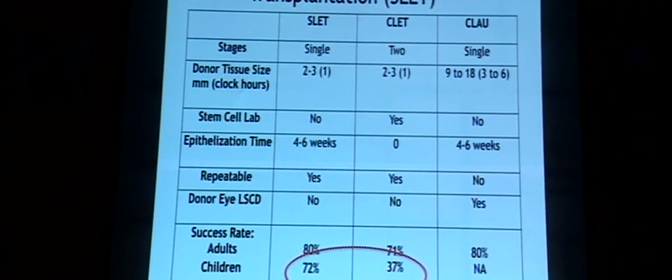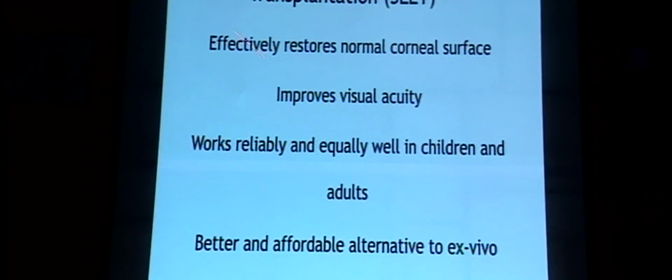Now the advantage here is it's especially useful in children. While the success rate in both CLET and SLET in adults is almost the same, in children there is a huge difference in the success rate. SLET is far superior to cultured cells. So SLET effectively restores the normal corneal structures, improves the visual acuity, works reliably well in children and adults, and